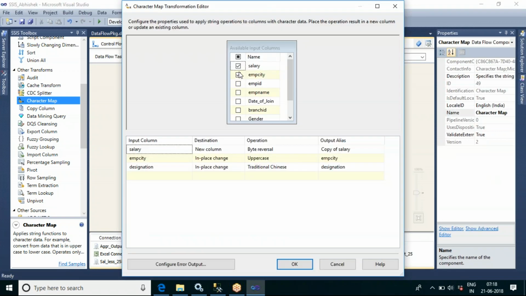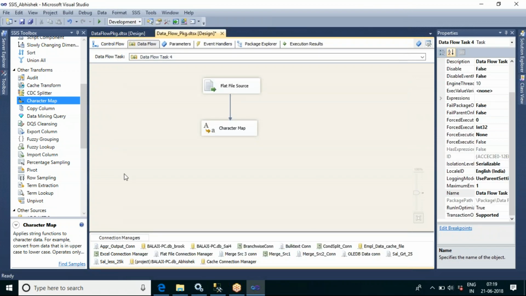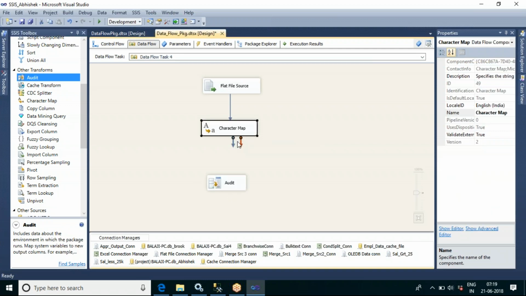Maybe it supports some foreign languages but not English. Let me delete this. Now let us see, at least for traditional Chinese we will get the output.